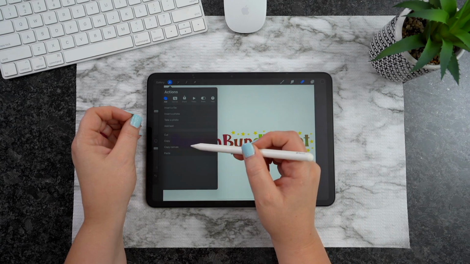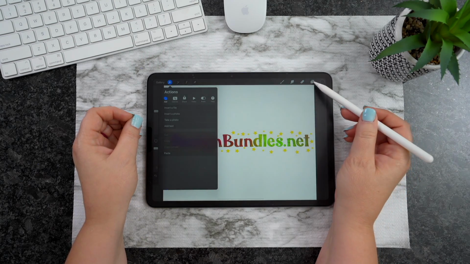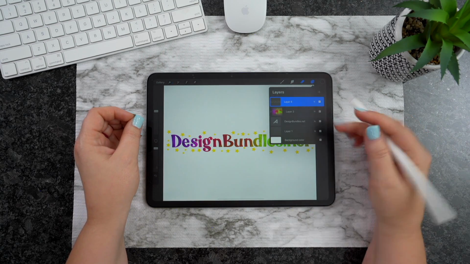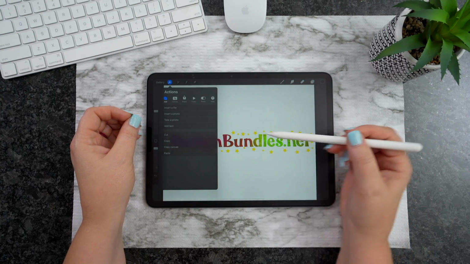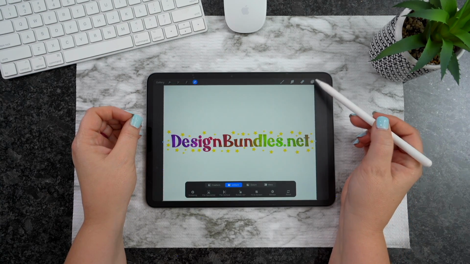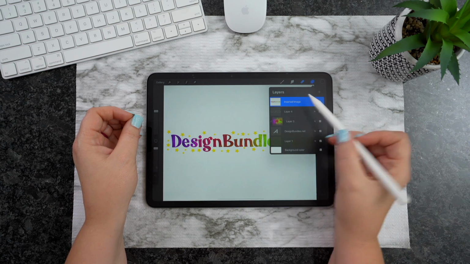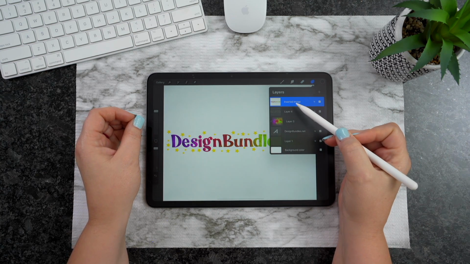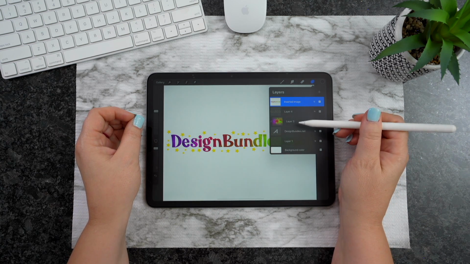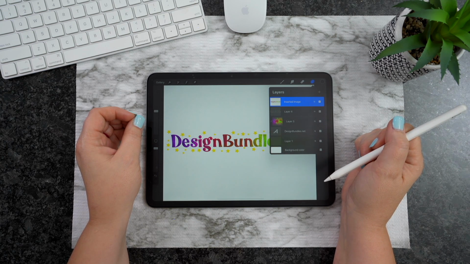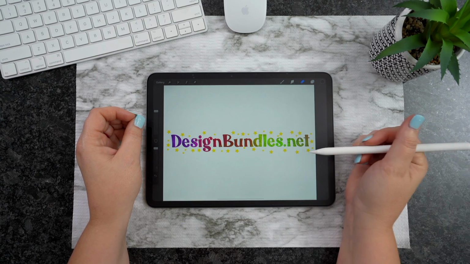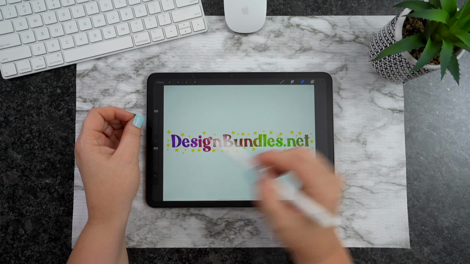Let's come back in. Copy canvas is going to do what it says. It's going to copy the entire canvas. So everything is here. It just copied the entire thing and not just the elements. And then, of course, you have paste that we talked about whenever you cut and paste. You guys can see right here how I copied that entire canvas. That's what that looks like, just like so. So that's using the tools. That's where you're going to get to your copy and paste and all of that kind of stuff right over there in the tools. I'm going to go ahead and get rid of all of these layers here.